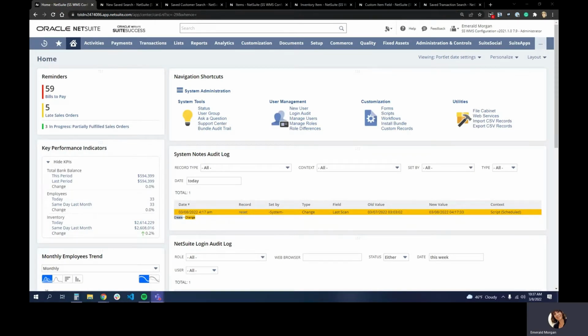What are they? We're going to begin talking about what saved searches are. To really understand what saved searches are, we first need a little background information on NetSuite in general. Behind the NetSuite interface is a database that stores all the information you enter in the